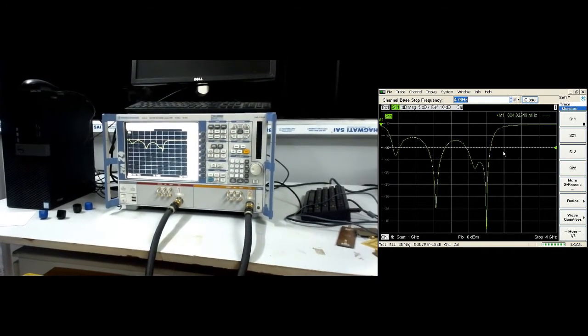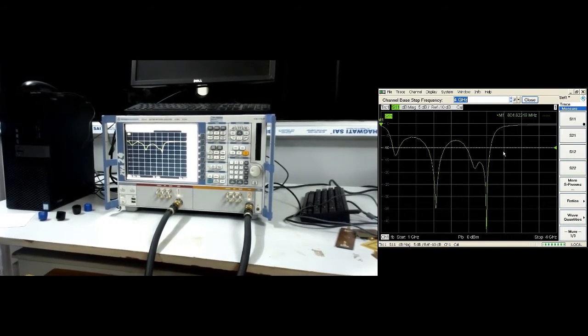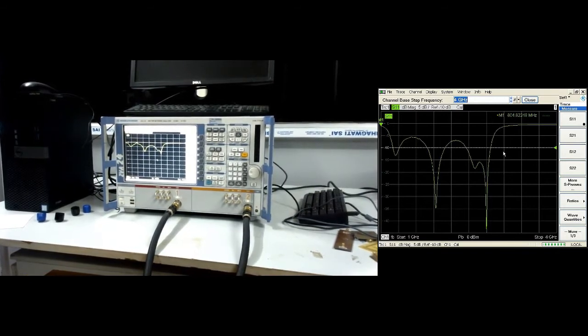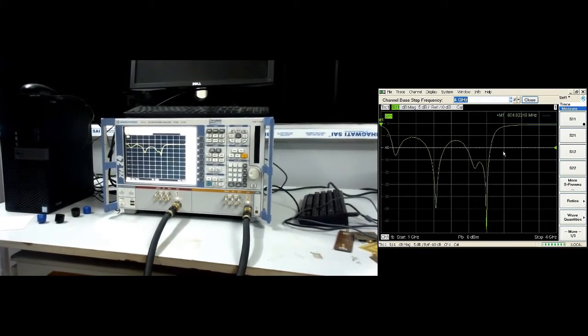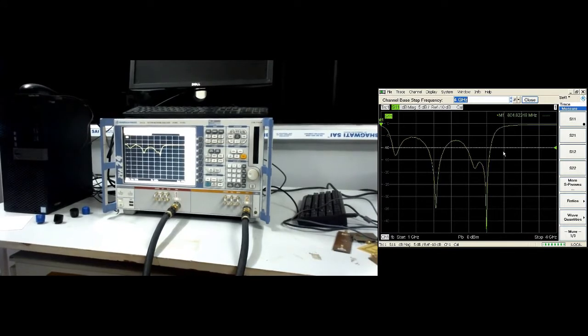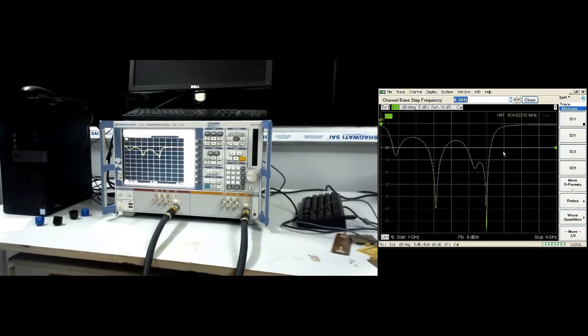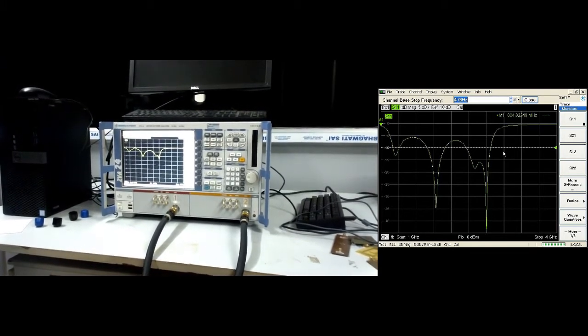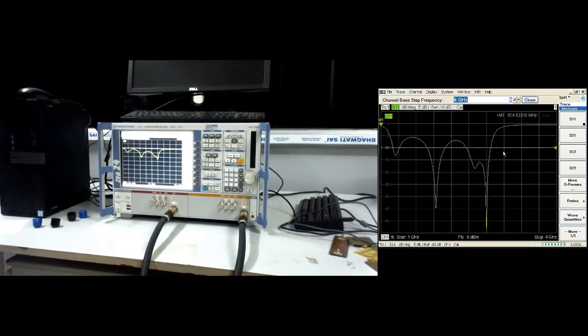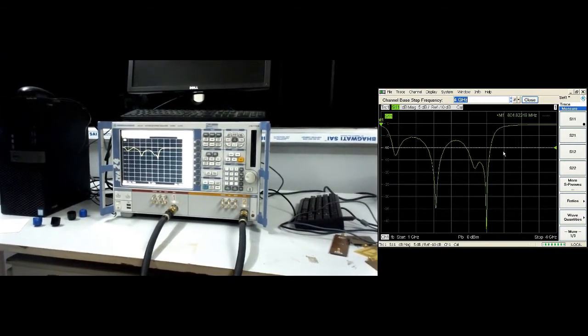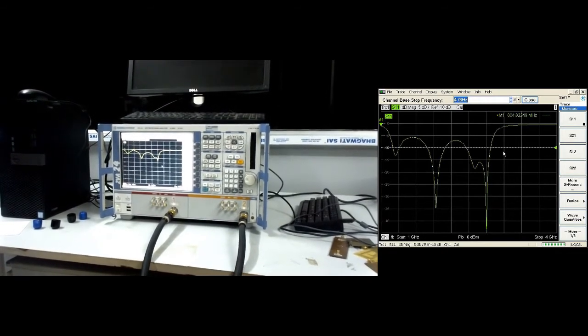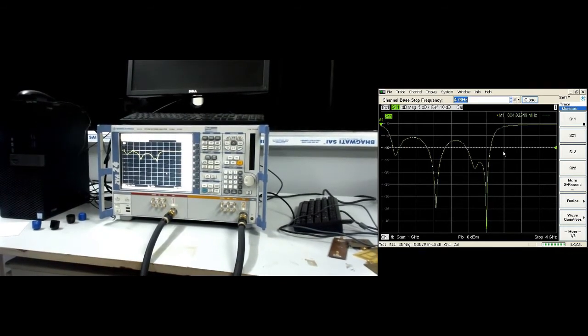That way we can also change our power. Double clicking the bottom side where 0 dBm is written. So now it has come to be 0 dBm. So if we want, we can also change the power here. So that way we can change power as well as frequency, stop frequency, start frequency as well. Suppose for instance, if we double click the start frequency, it is showing the start frequency. So we can change it. Now for our experiment 1 GHz is okay. So let it remain to be 1 GHz.